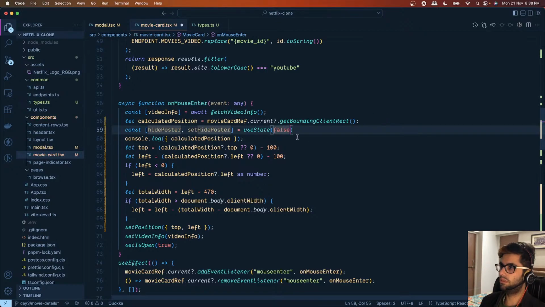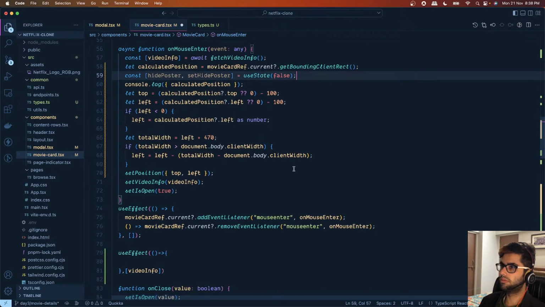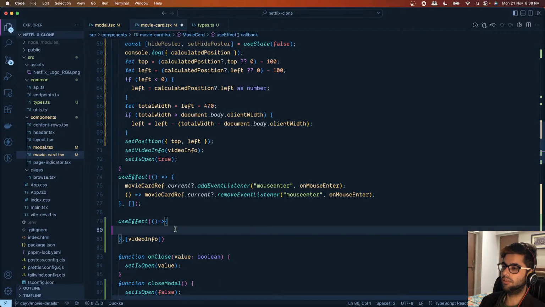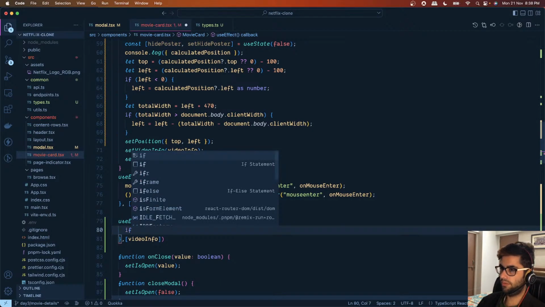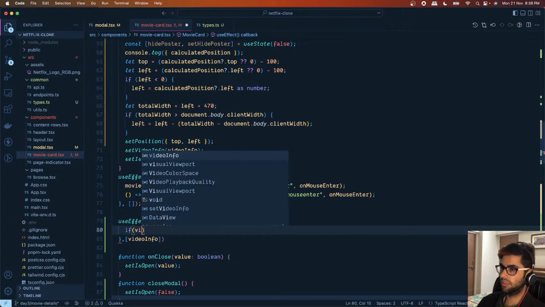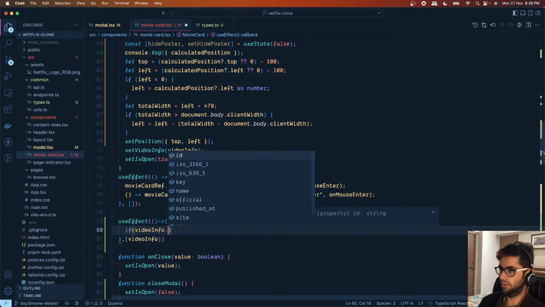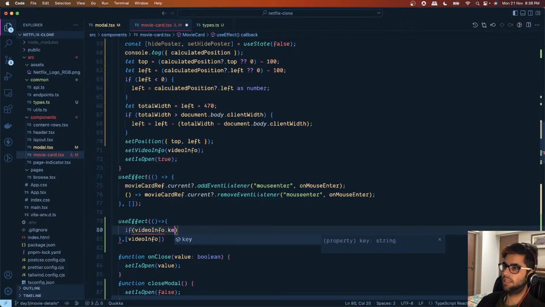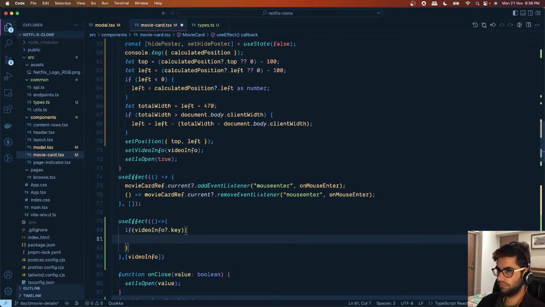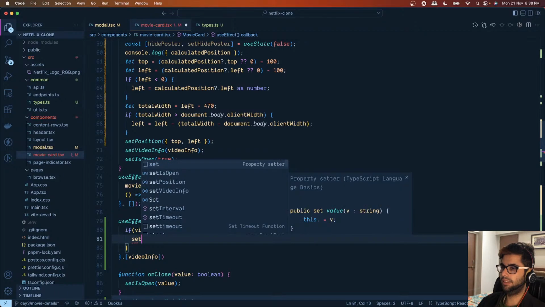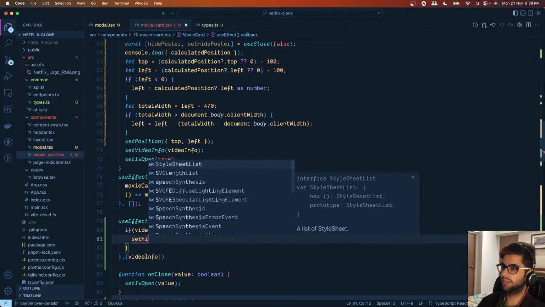Initially it is false. And then here what we will do is if video info dot key, right? Once this is available, we will say that set hide